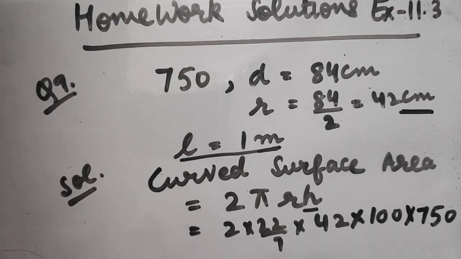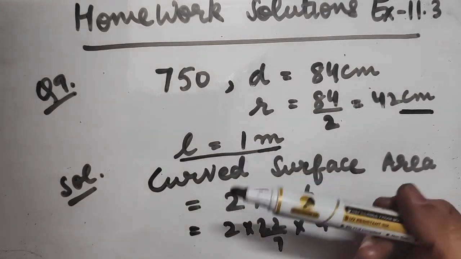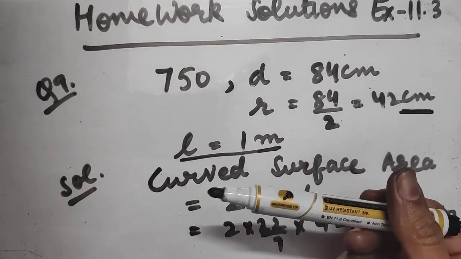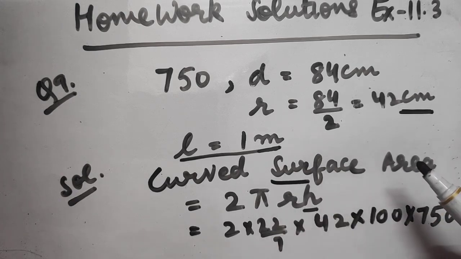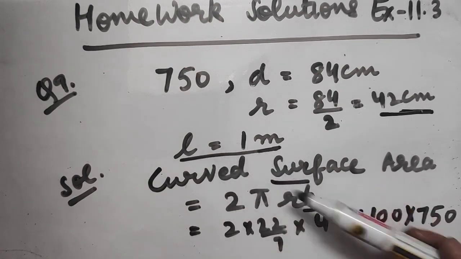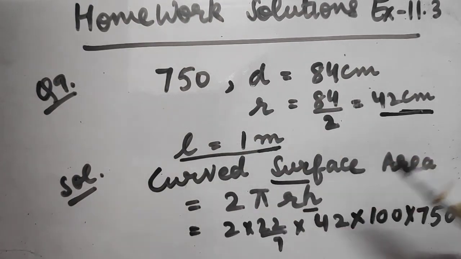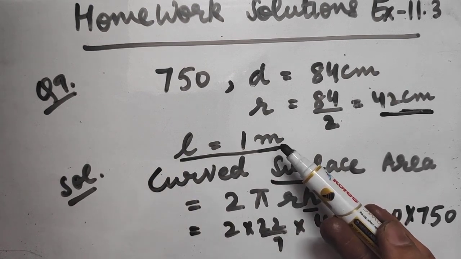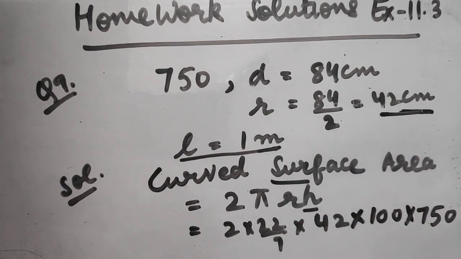So I am repeating the concept of this question. As the road roller will move onto the ground, the curved surface part of the road roller will be in contact with the road, and that is why we have calculated the lateral surface area or curved surface area of the cylinder, that is 2 pi RH. We have the value of 2. Pi we know, that is 22 by 7. R also is given to us in the question. And H and L are the same thing when it is being rolled on the road. So we have taken 1 meter, which was given to us in the question, and converted it into centimeters. And then as it is taking 750 revolutions, you are supposed to multiply it by 750.